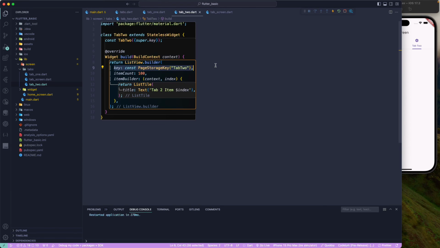So this is the key that we need to pass in, and we are passing the PageStorageKey over here, a different type of key, but we need to use a PageStorageKey just to preserve the scrolling position of our list view over here. So that's all for this